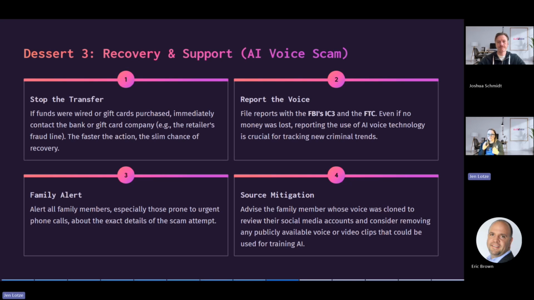And then let that person know, whoever they're impersonating, hey, check your social media. What are you posting on here that might give away some information? Are you doing a cross-country motorcycle trip, right? It would be really easy to capitalize on that and say there was a motorcycle accident, whatever it might be. So take anything that you can, collect that evidence, don't delete. Do whatever you can to get as much information as possible so then you can verify it. It's really hard to verify that information if you don't have it to start with.